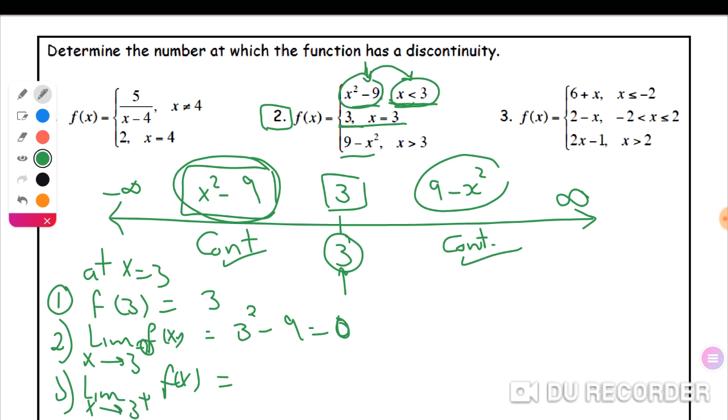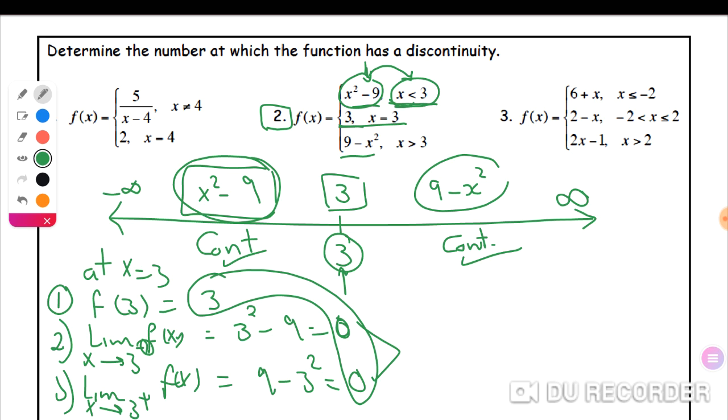Here it will be 9 minus 3 to the power 2, equal to 0 also. As you see here, the limit exists because the limit from the right equals the limit from the left, but it does not equal the value of the function. Or in another way, the value of the function must be equal to the limit from the right and the limit from the left. In this case, since this condition is not satisfied, f of x is